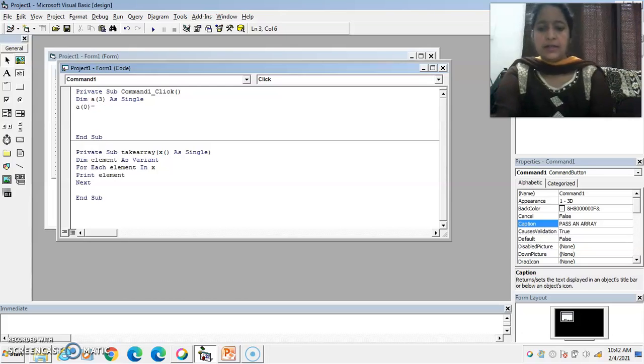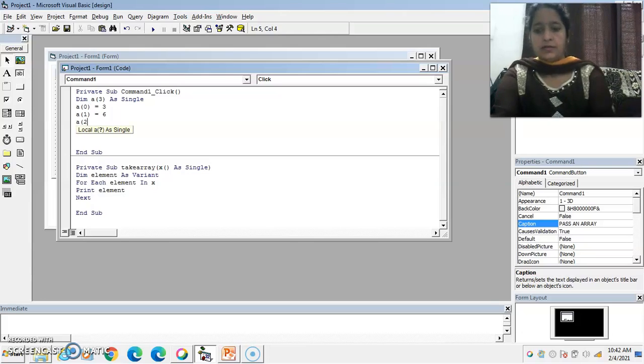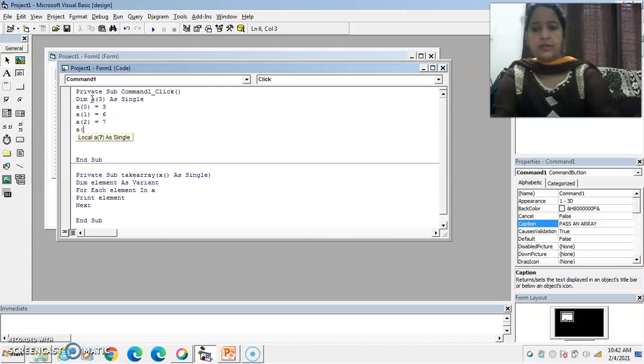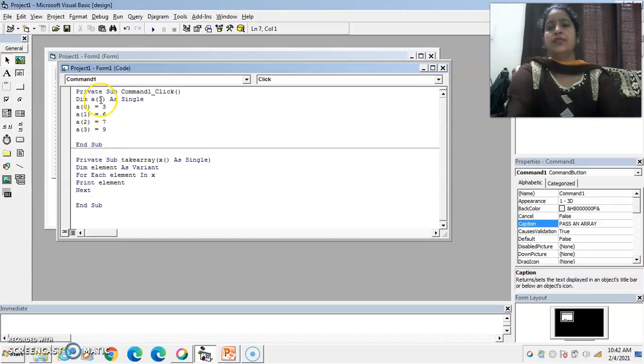Suppose I pass value 3 to the first element, value 6 to the second element, value 7 to the third element, and value 9 to the last element. Okay, because this array is of size 4, not 3, because by default the index of an array starts from 0.